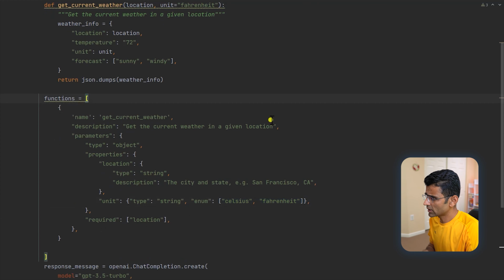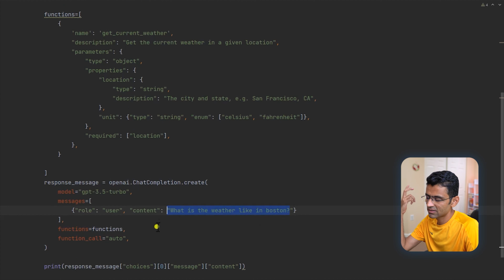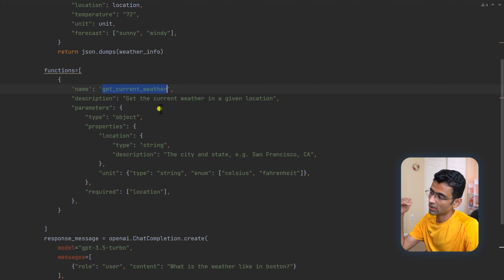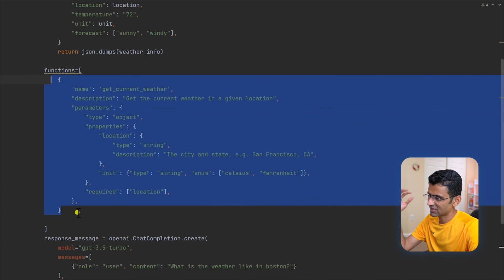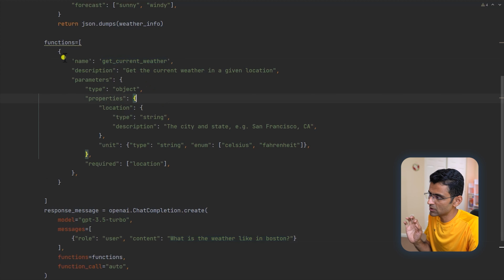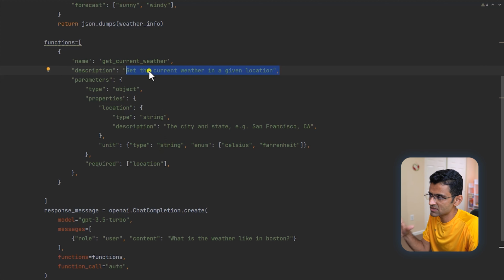Now when you give this mapping to the chat completion API, it will first detect the question, then it will say, okay, I can't find this in my own knowledge. Then it will look at this functions parameter and try to map the correct function. Now see, I'm showing only one function. This can have 100 functions, but since it is a language model, it has that reasoning capability that it can map this question, what is the weather like in Boston, to this particular function, and it will use the function name as well as the description. From the description, it can figure out that this is the right function.